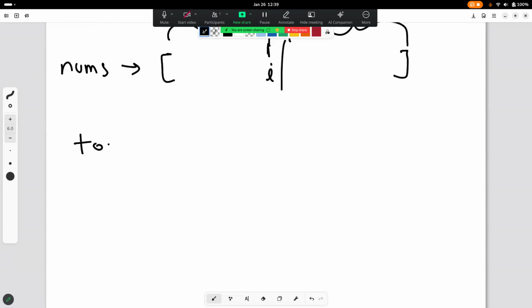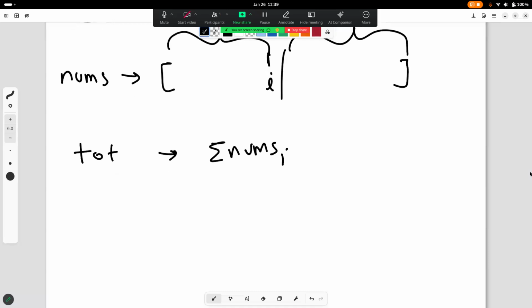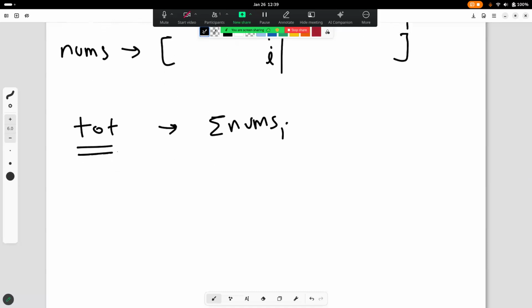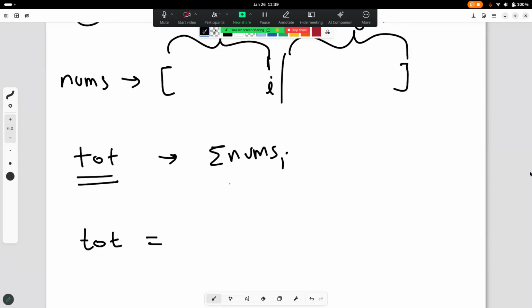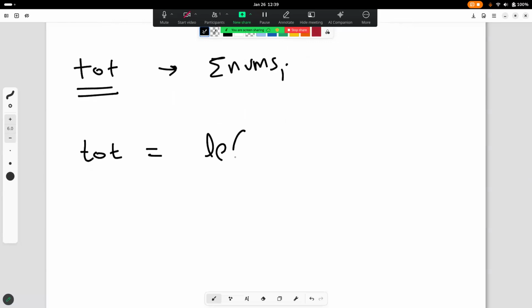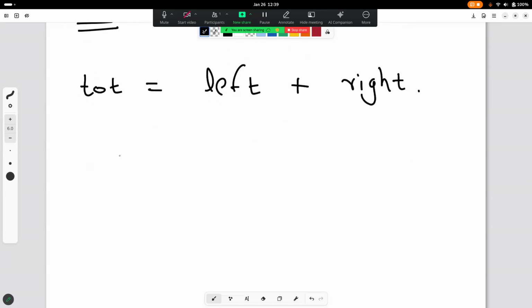Now, let's just say total is equal to the summation of all the numbers in the array. One thing to notice is that total always remains constant. No matter how you split your array, your sum is not going to change. Your sum is equal to the sum of the left portion of the array plus the sum of the right portion of the array. And we have to find the splits where the absolute value of right minus absolute value of left